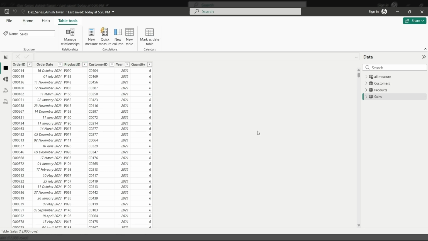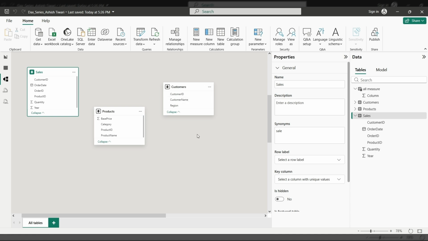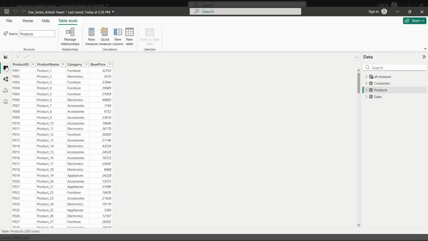Okay, all right. So you can see in the sales table there is no product name, there is only a product ID, but in the products table you will find the product name. And if I show you the model, all these tables are standalone. There is no relationship as of now. We can create a relationship, but as of now there is none. So suppose there is no relation, you cannot provide any relation, but you want the value. In this case, if you want the product name in the sales table,